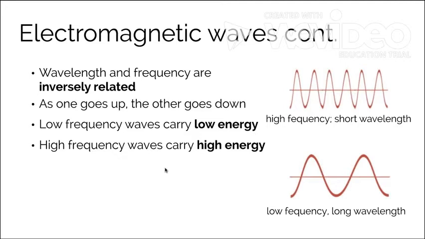So think of it this way. If you're going to tap out a rhythm and you just tap on the table very slowly, you can tell that the time between every tap here is very long, and it doesn't take a whole lot of energy for me to tap at this speed. But if I were to reduce the time between my taps and make it more frequent, again, I'm tapping a lot faster, and this is taking a lot more energy for me to keep up this speed. And if I were to go even faster,